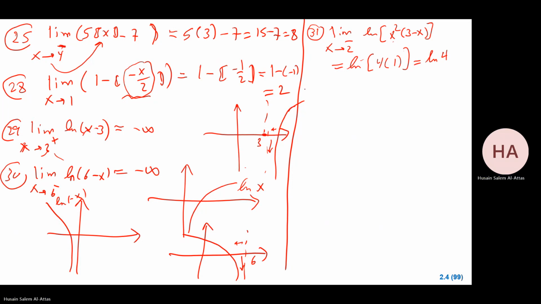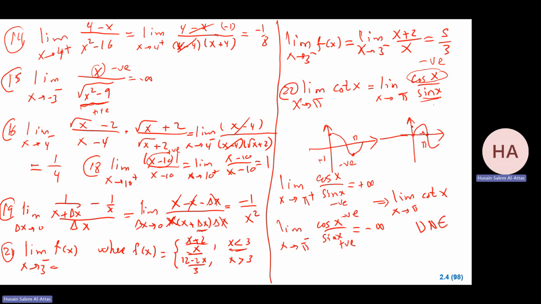32. Limit as it goes to 5 from right. X minus 4. If I substitute, I get what? 5 over 1, which is 5. No need to worry about it. Now,